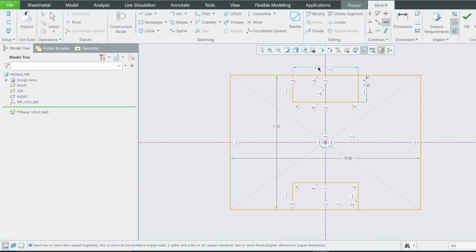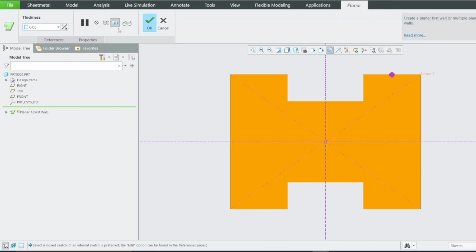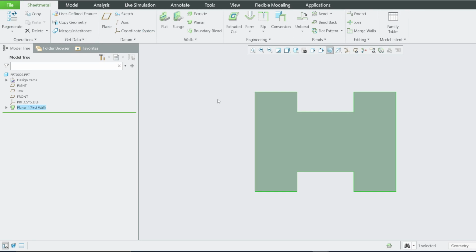Therefore this one also, we saw this one is a 4, dimension this to be 4, and now delete segment. Fine, 4. Okay, fine. We can use default